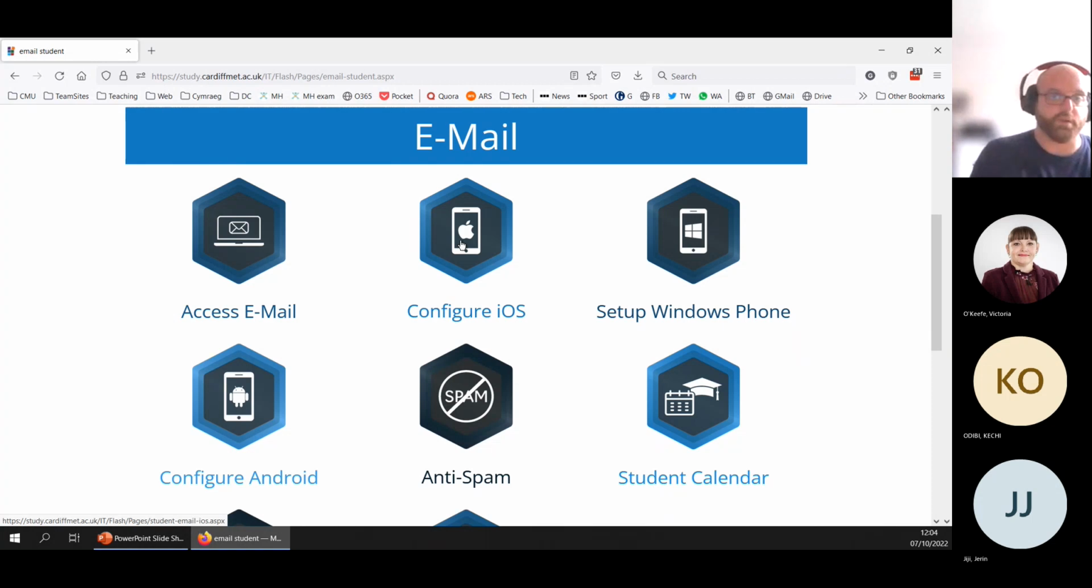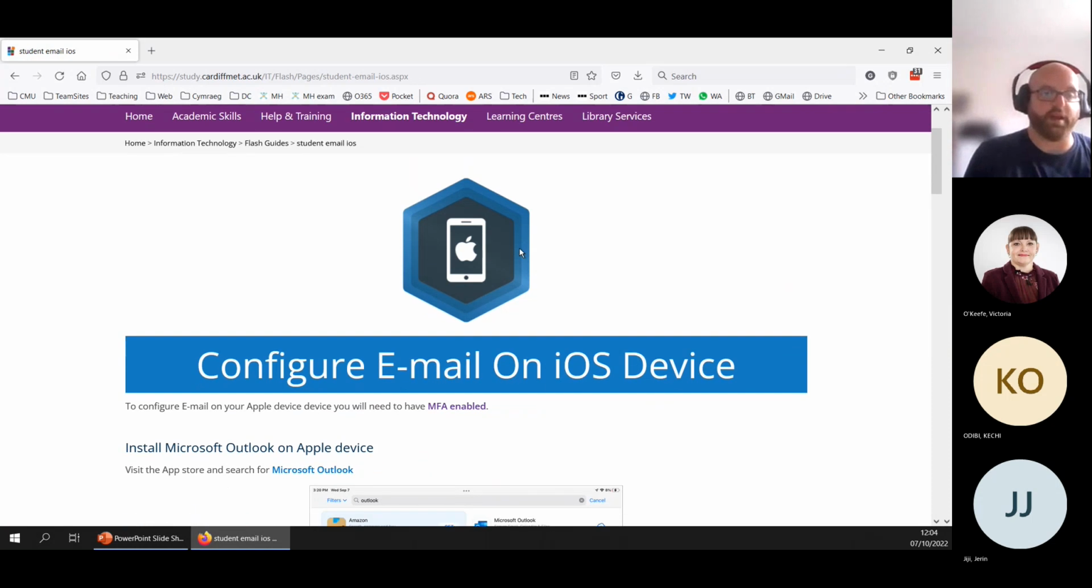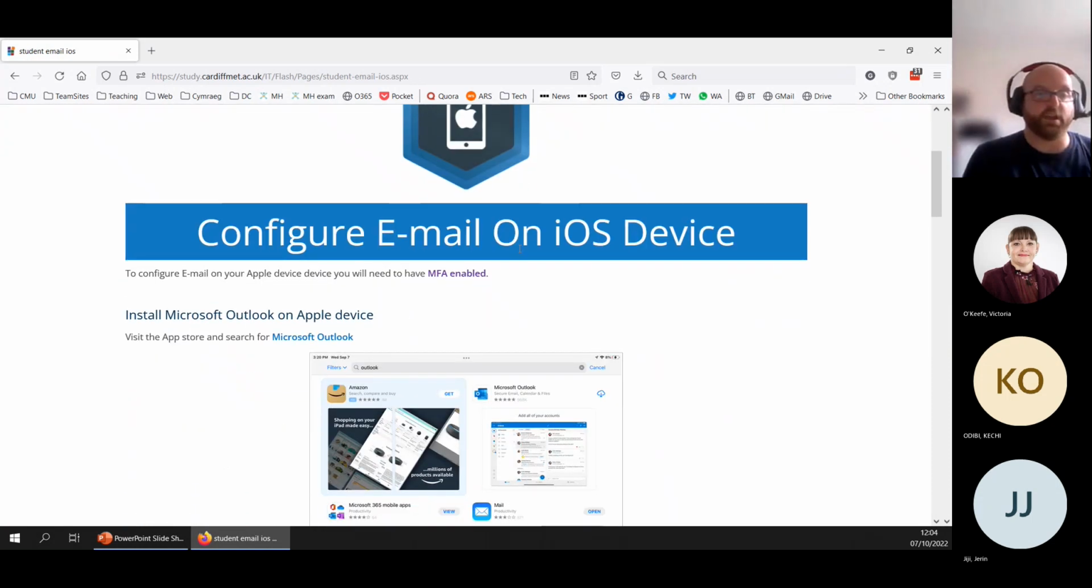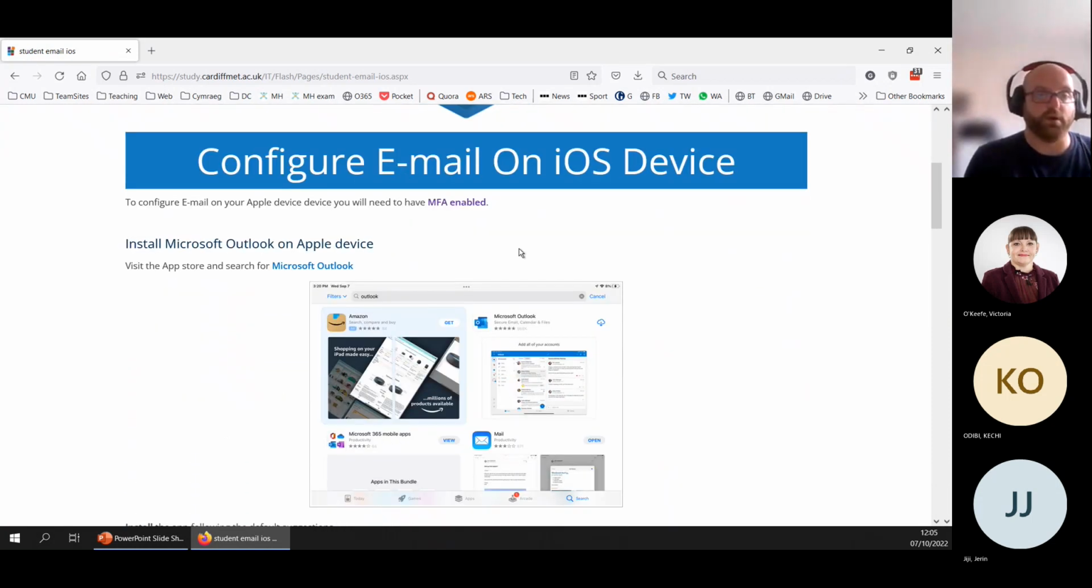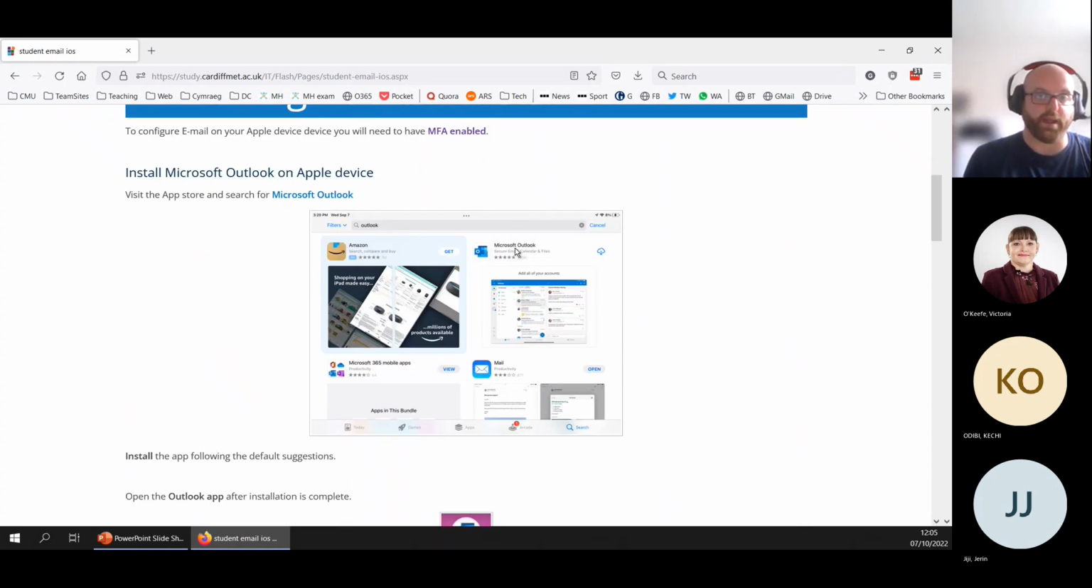So I'll start by showing the iOS instructions. So this is for your Apple devices. So you go to the App Store on your phone or your tablet, iPad, and search for the Microsoft Outlook app. It does have to be the Outlook app. You can't configure the native mail client anymore. So the mail app on your phone, that won't work. So download Microsoft Outlook from the App Store